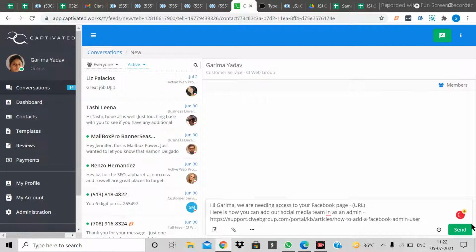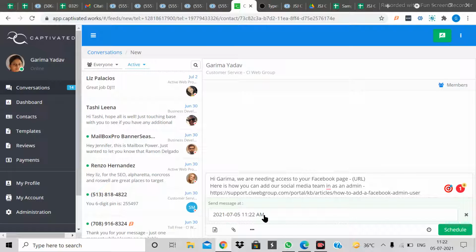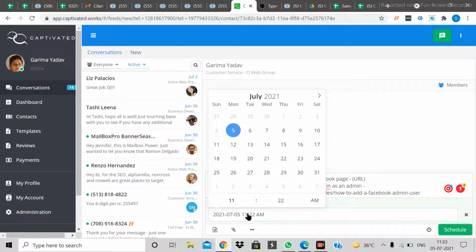Before clicking on this send button, you will open this clock here. Okay, so now you can see it is 11:22 a.m. for us. For me it is 11:22 a.m. So I have to schedule it so that the client receives it in their morning. So when my evening is there, it will be morning for them. So I will just click it here.